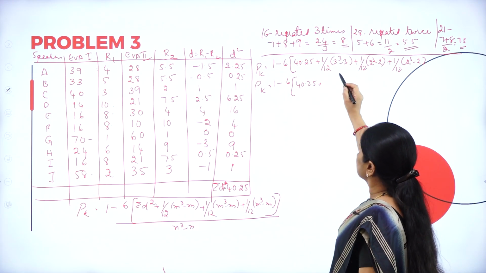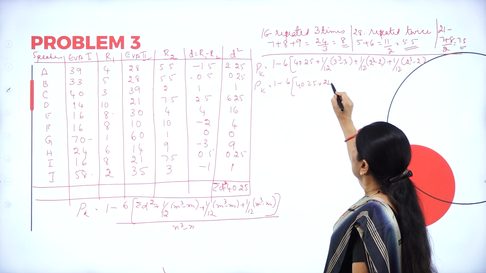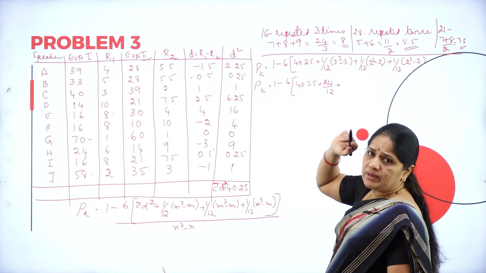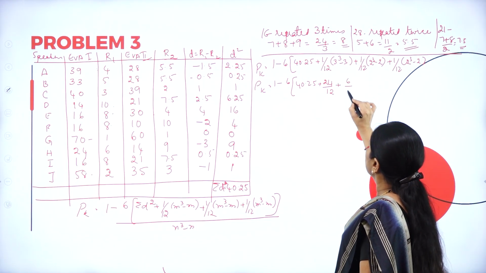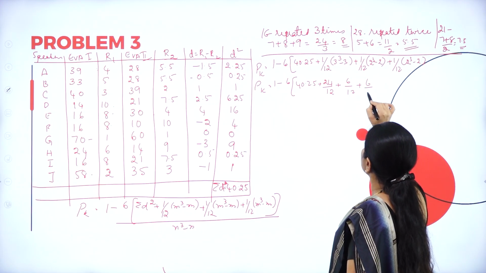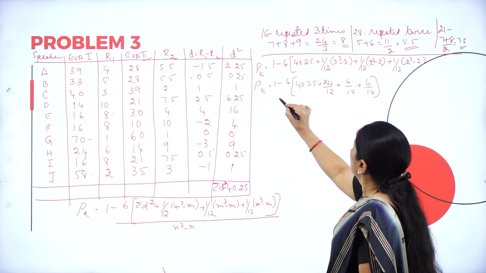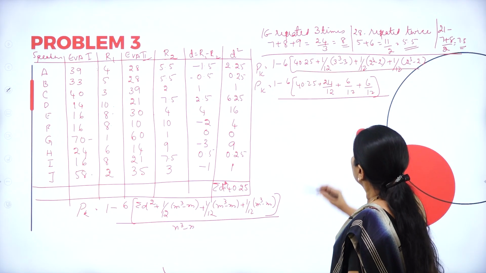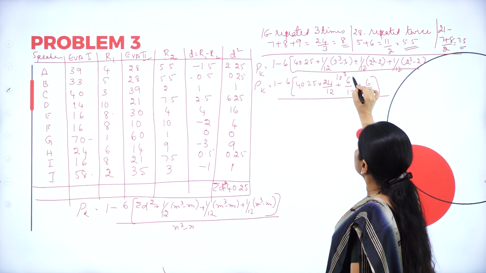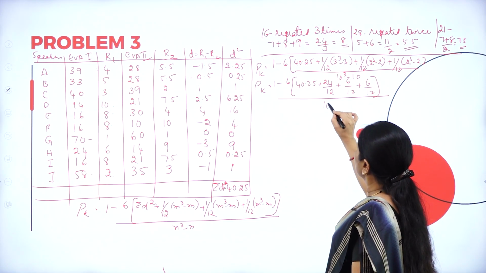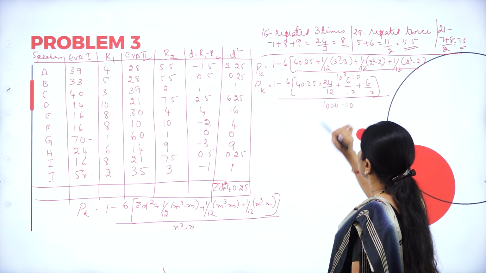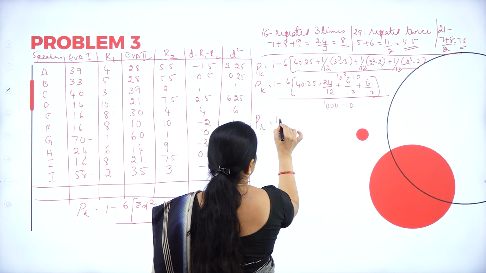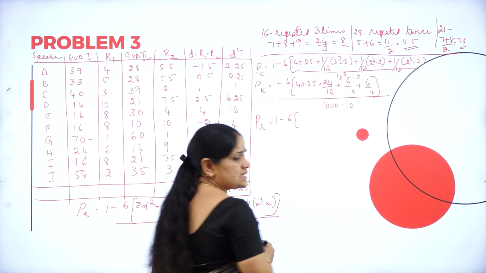27 minus 3 will be 24 divided by 12 plus, so this will be again 6 divided by 12 plus 6 divided by 12, whole over. So how many pairs we have? 10 cube minus 10. So 10 cube will be 1000 minus 10. So when I simplify this, 1 minus 6 into